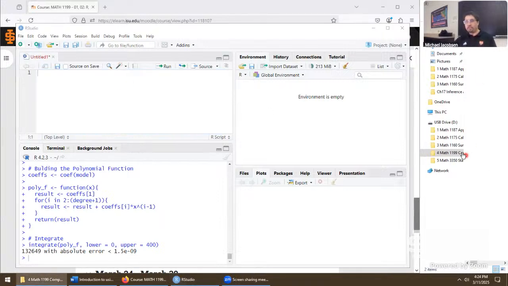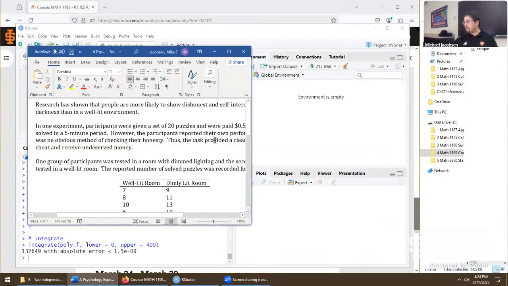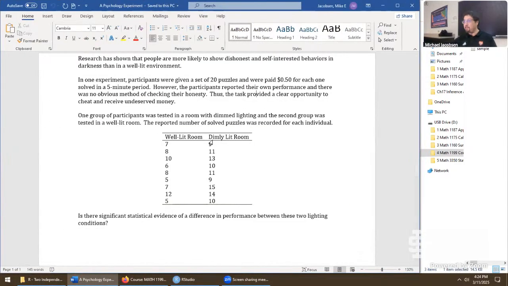So now, after all that's done, let's go back inside here. This is just my thumb drive, which is duplicating what you see on the Moodle website. And here's our psychology experiment. Well, we have some data, lots of descriptions of what's going on, and a practical research question down below. Let's first just start by absorbing all this context.